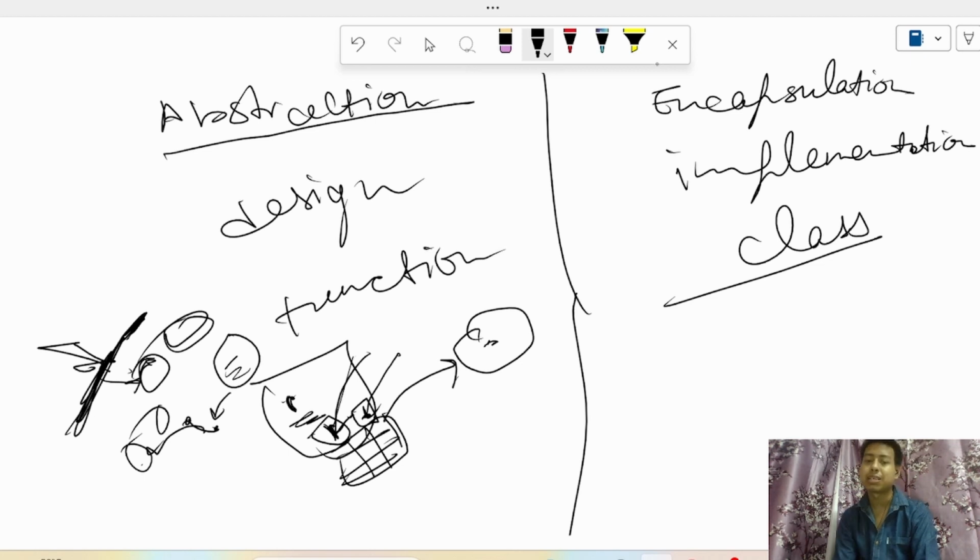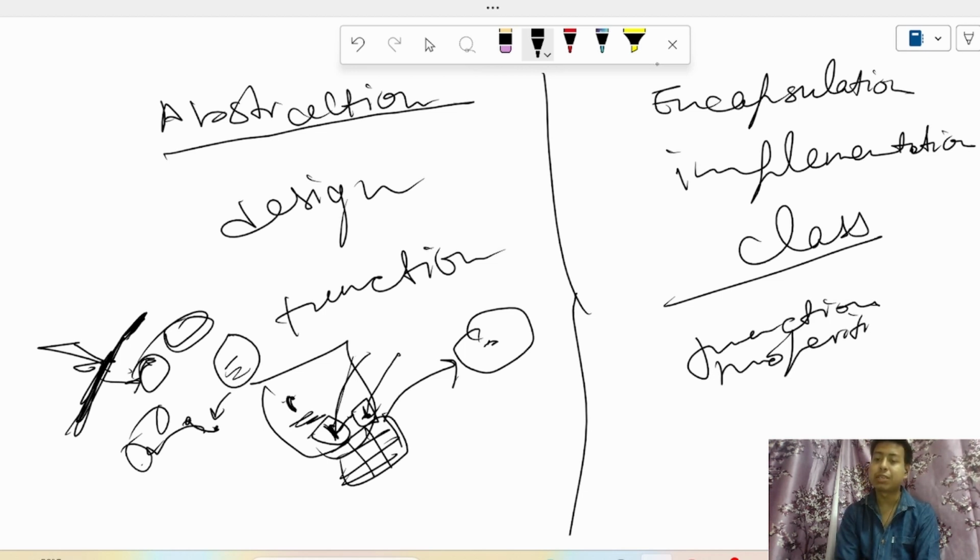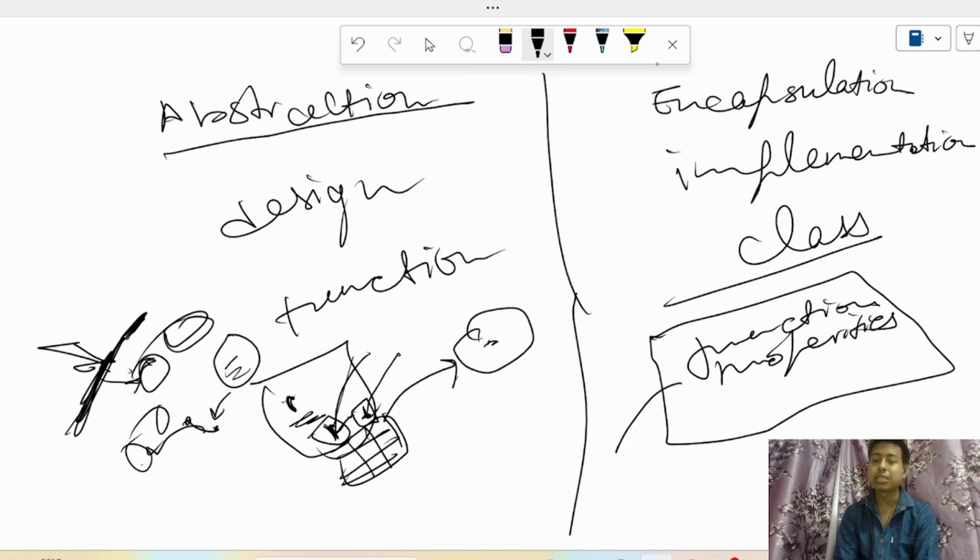This is called abstraction. Now, what do we mean by encapsulation? Encapsulation is done at implementation level. Encapsulation is the wrapping up of data into a bundle. For example, we have some data here, we have some functions, and we have some variables and properties, and we have bundled it in a class. This is called encapsulation. Bundling of data is called encapsulation, while hiding the data from the user is called abstraction,